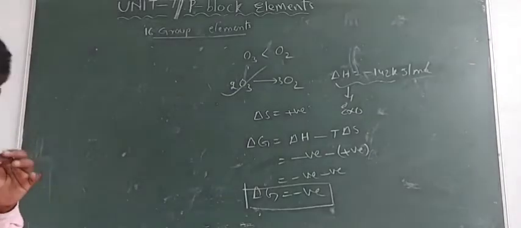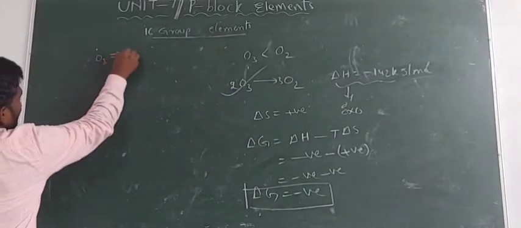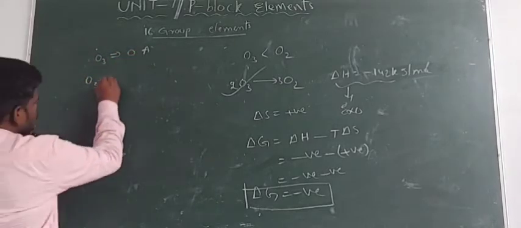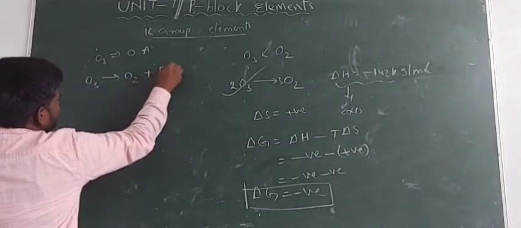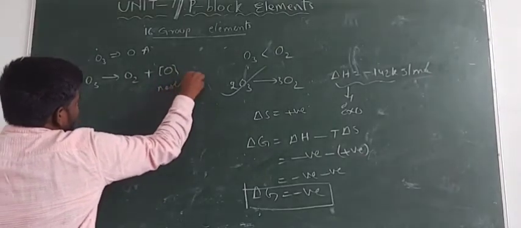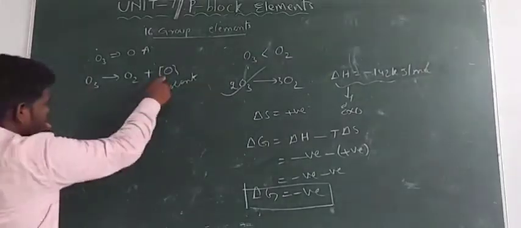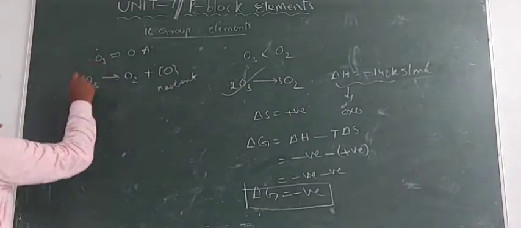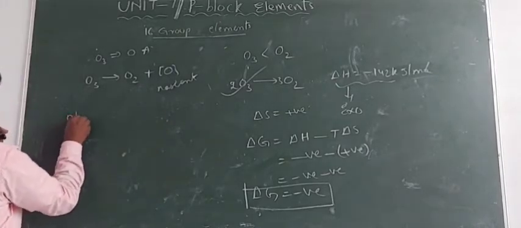So right, next one. O3 acts as a strong oxidizing agent, because when one molecule of O3 decomposes, it gives an O2 molecule and the next one, oxygen. So this is known as nascent oxygen, which is highly active, highly reactive, and highly energetic. Due to the release of that, ozone acts as a good oxidizing agent, and this one can oxidize PbS.